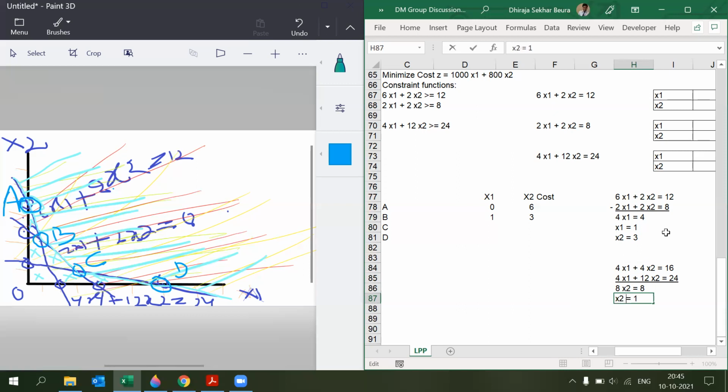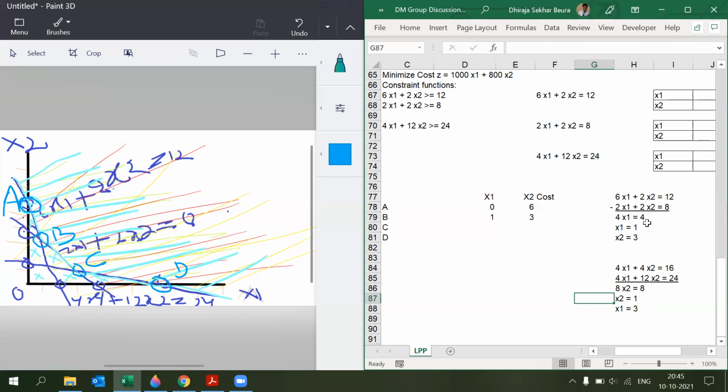Perfect. Now, similarly, you put the x2 value in any of those two equations. So now you have x1 value is 3. Yes. Again, this value you can look at the graph and quickly find out. But it becomes very difficult when decimal figures come into the picture. Right? So that scenario will come.